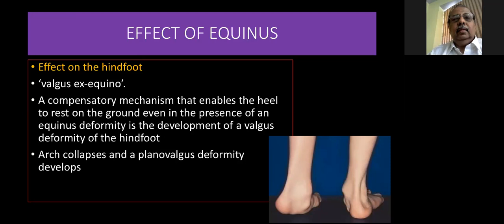In cerebral palsy, the patient will be walking with a crouch gait. And if you look at the foot, they usually will have a planovalgus deformity. This is because of a planovalgus foot collapse. But if you stabilize the subtalar joint, or if you correct the valgus at the subtalar joint, you find that there is an equinus deformity there.